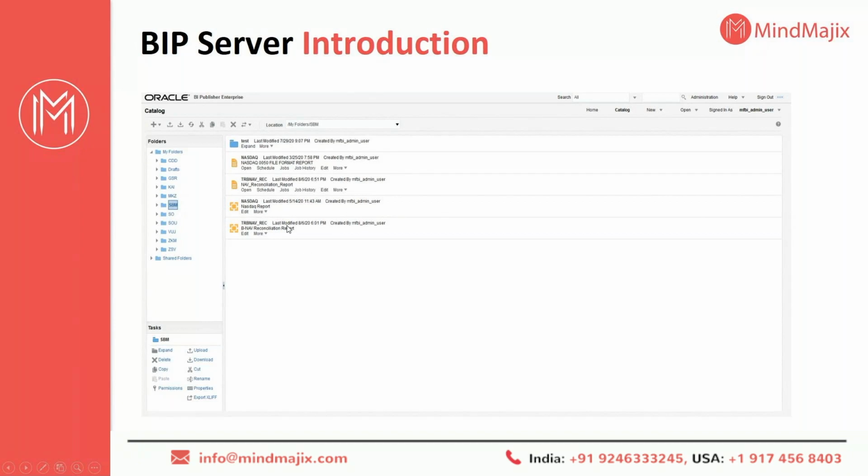I'll tell in brief what it contains. The first thing is the data model. First we need to get the data. If my server is linked to a certain database, I need to have a data source connection created to run the query, and my user will be writing the query to fetch the data from the database. So first of all, the data source connection needs to be created. And one more basic thing is that data source connections can be created only by admin users, so we need admin user rights to create the data source connection.